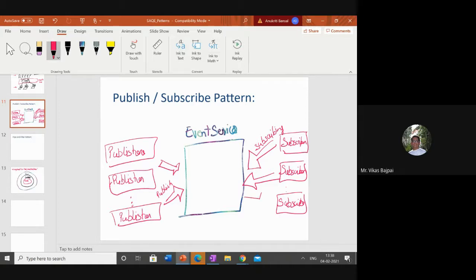And in return, what they're getting is notification. And this is where I have the store management of subscribe and unsubscribe.